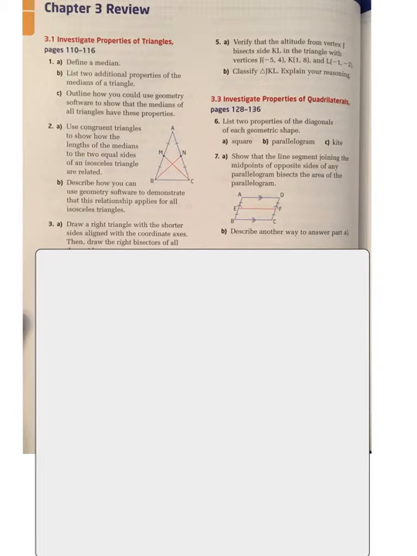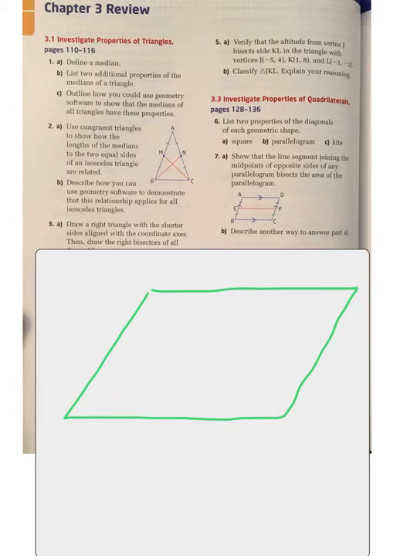So question 7 talks about show the line segment joining the midpoints of the opposite sides of the parallelogram bisects the area of the parallelogram. Okay, so you're going to have to find the area of that parallelogram by using triangles. You can split the whole thing in two. And the bisector comes along here. And one way of doing it is to say that